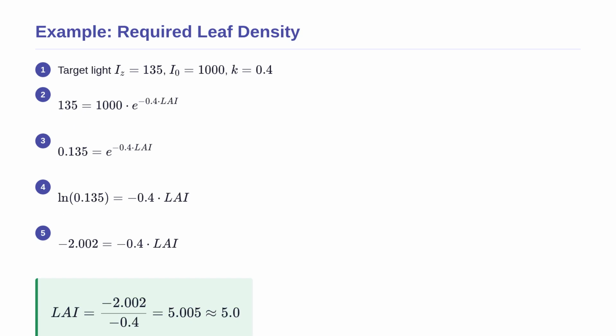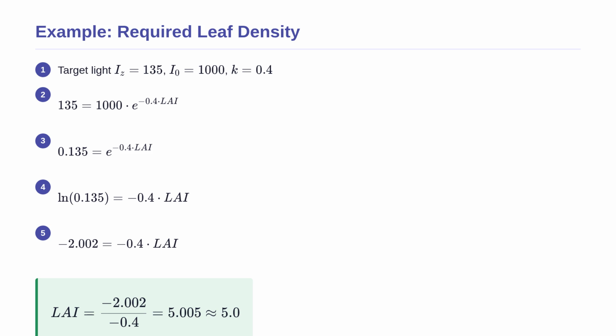Let us look at another scenario, working backward to find the required leaf density. A specific fern can only survive if the light intensity is exactly 135 units or less. The initial sunlight is 1,000 units, and the extinction coefficient is 0.4. We need to find the minimum leaf area index. We plug in our known values and divide both sides by 1,000, showing the fern needs 13.5% of the original